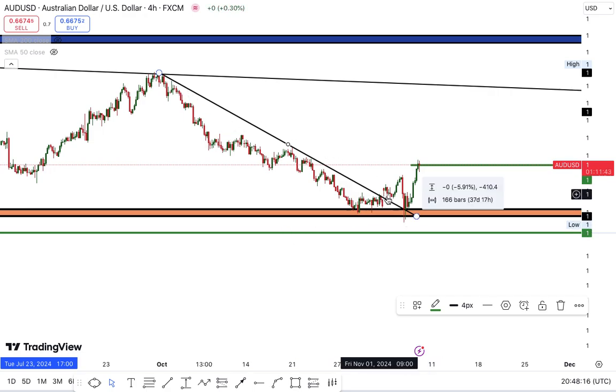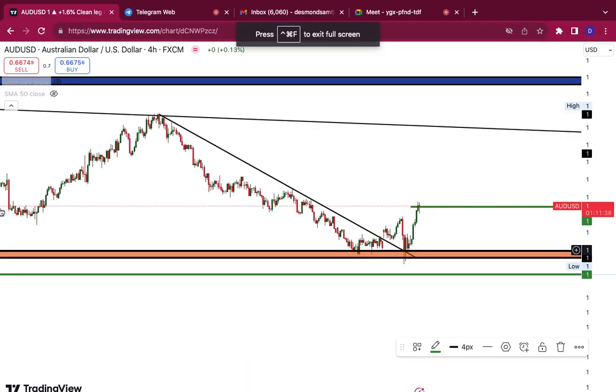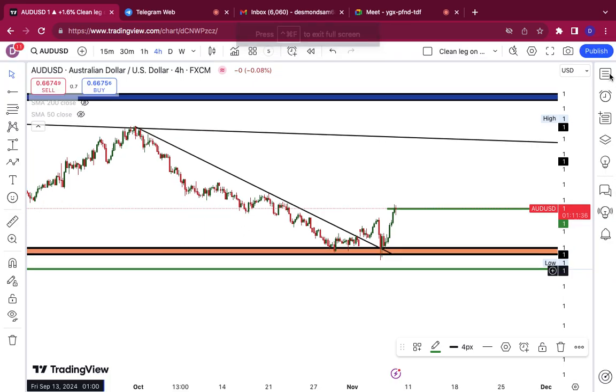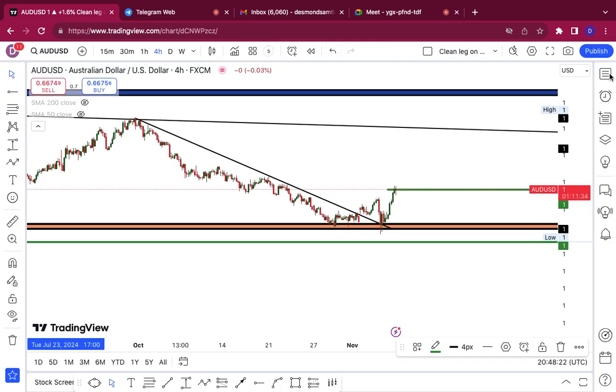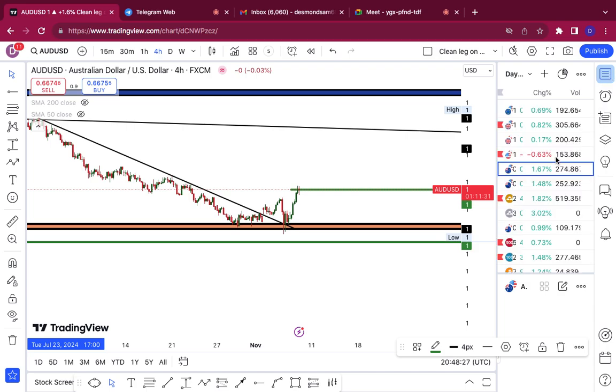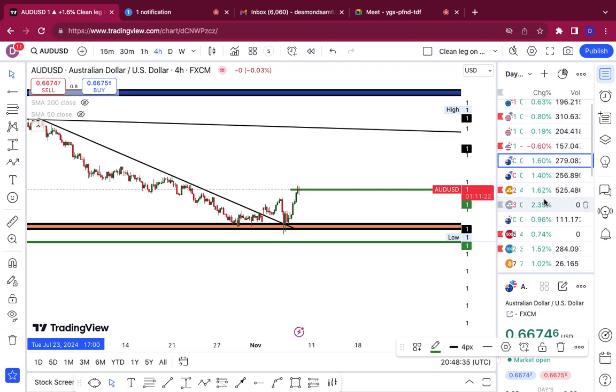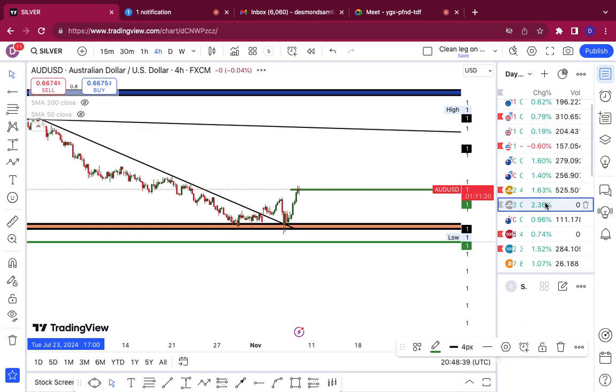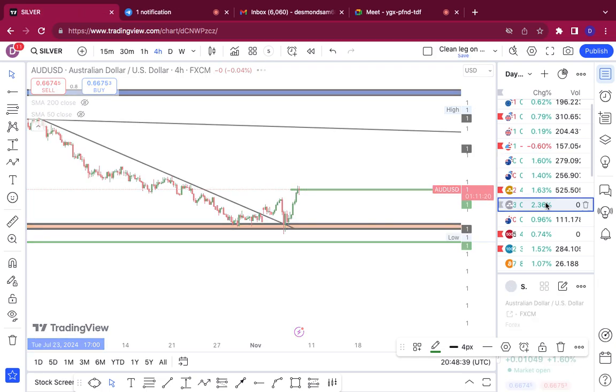You always have to wait for a counter trend line break when you have a flag pattern like this. Now let me show you the one where we didn't get the luxury of a flag pattern, so we had to just go with what we had. Let me show you something real quick. There was one pair that moves in a very funny manner, so let's use silver now.